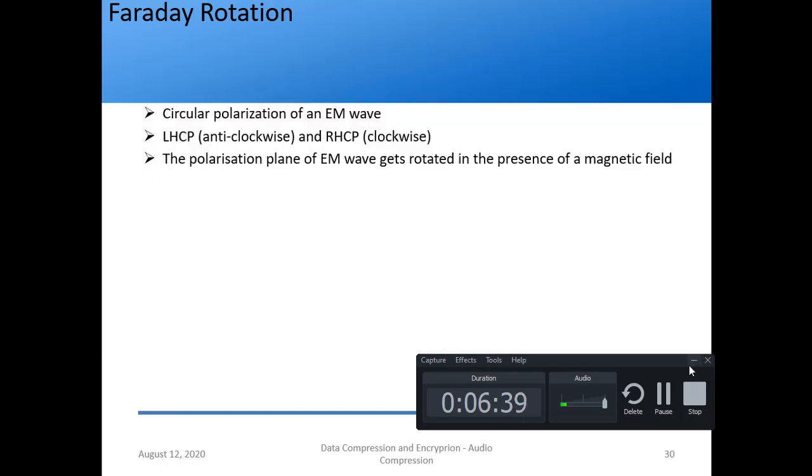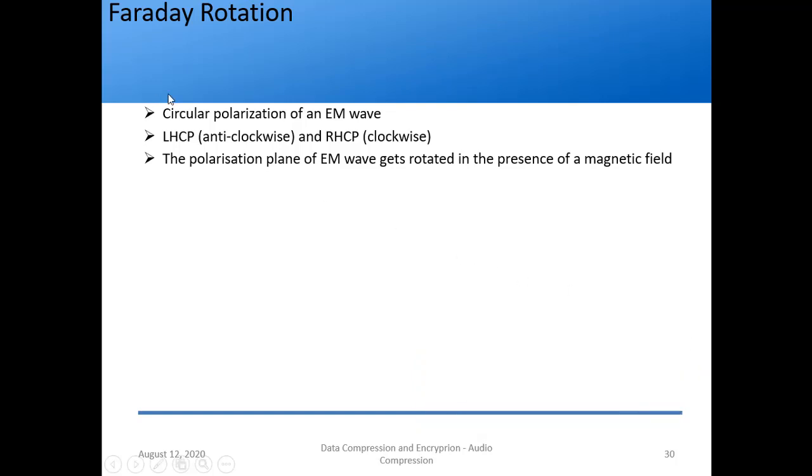Okay, so the next topic is isolators, circulators and gyrators. They all work on the principle of Faraday rotation. Before that, just an introduction through what we did in electromagnetics. We studied wave polarization in the electromagnetics course. What is wave polarization? The tip of the electric field vector follows some definite path, and depending on the path, it is called polarization.